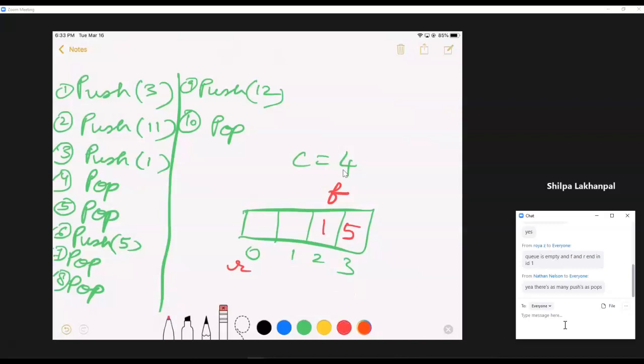Then pop is called. So pop will move the front from here to here. Then again, a pop is called, and this will move the front from here to here.